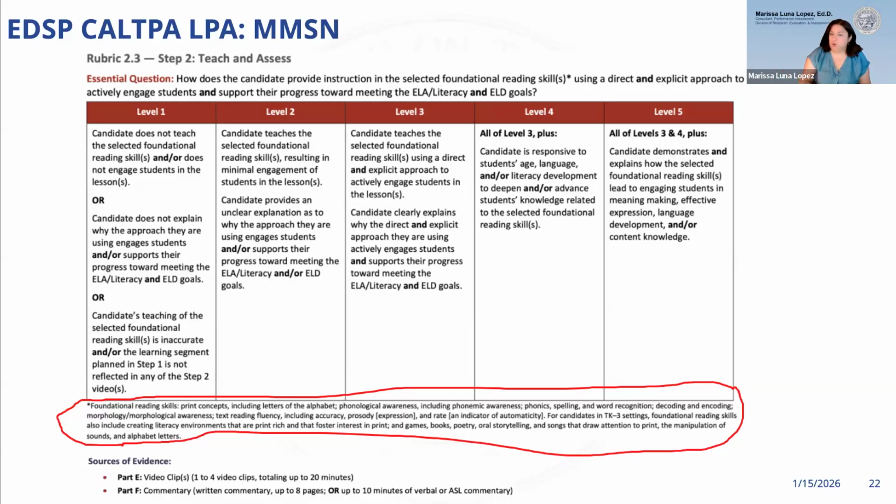So it's important to not take for granted that these candidates are in graduate school and that they would know their phonemes. They may not necessarily know them. So teaching them explicitly what those are and what each of these components are, not assuming that anyone knows any of those. And people might be ashamed to ask what some of these pieces are because they think they should know it, right? I shouldn't be in grad school. I shouldn't be in a fifth year credentialing program. I shouldn't be in college and not know this stuff, but it's a reality for a lot of folks.